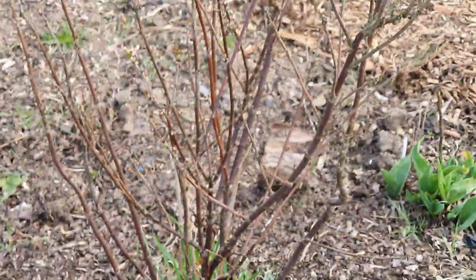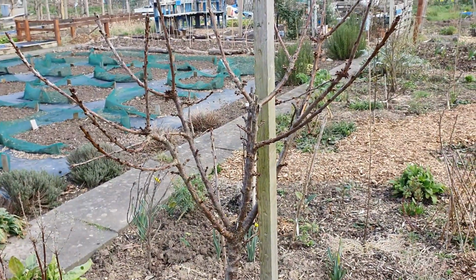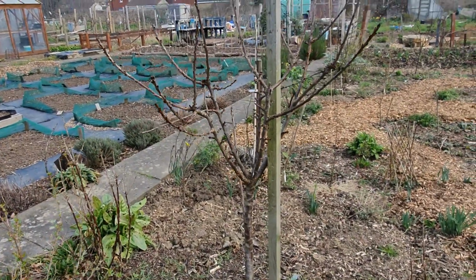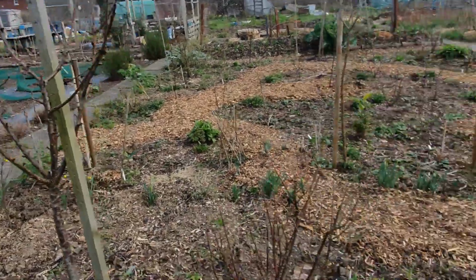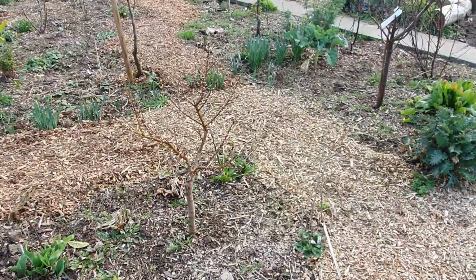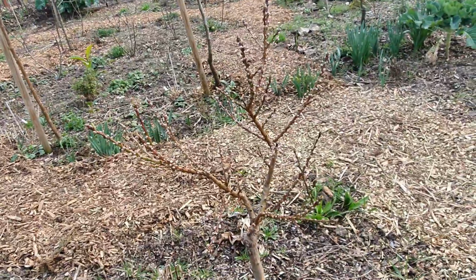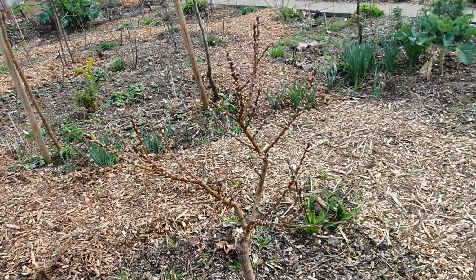So we've got red currants here, we've got a cherry tree here. Now I don't know what variety of cherry this one is, because it was one of the trees that was already here, but again it produced lots of fruit last year. Now remember, I had the dwarf nectarine. This is the dwarf peach, and again this one held on to its leaves a long time too, but again it's got lots of